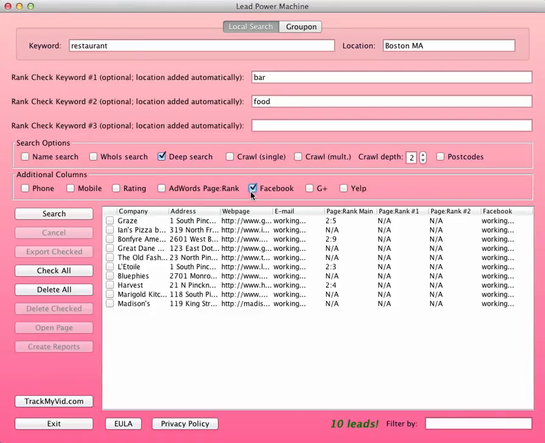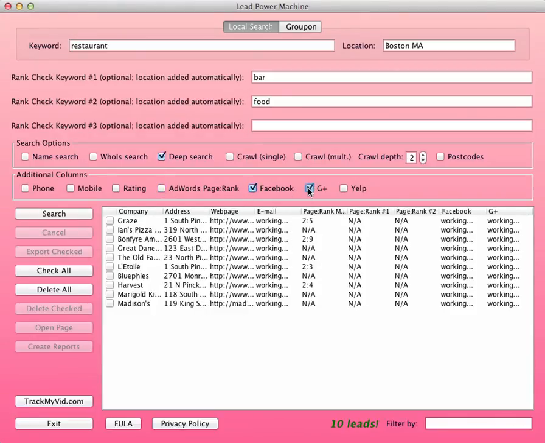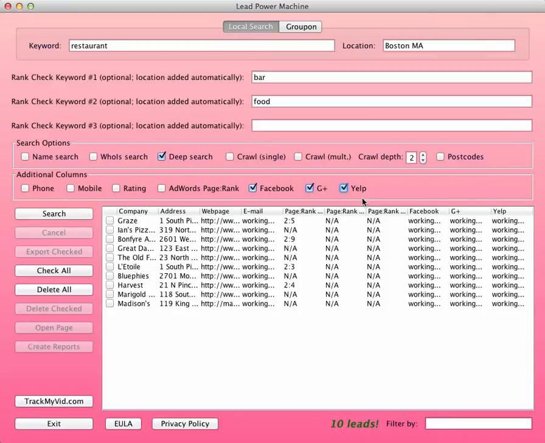The Facebook column, actually the Facebook, G+, which is Google+, and Yelp columns all display whether or not the business has a Facebook or Google+ or Yelp page. This is fairly reliable. Yelp doesn't work so great outside of the United States, but Facebook and Google+ indications in these columns are